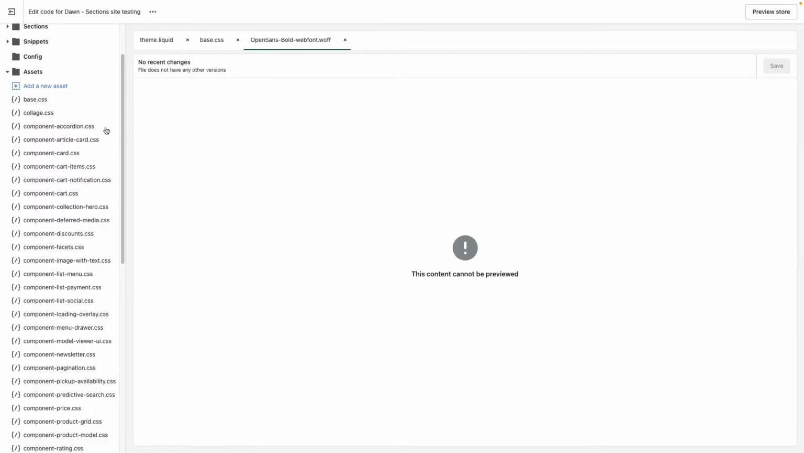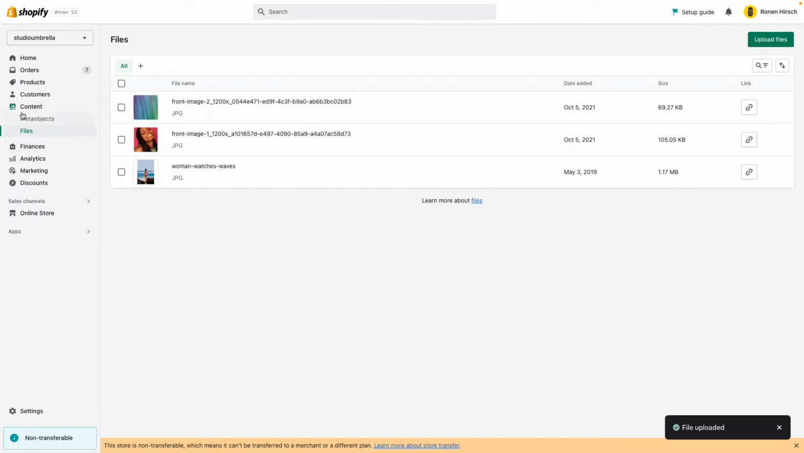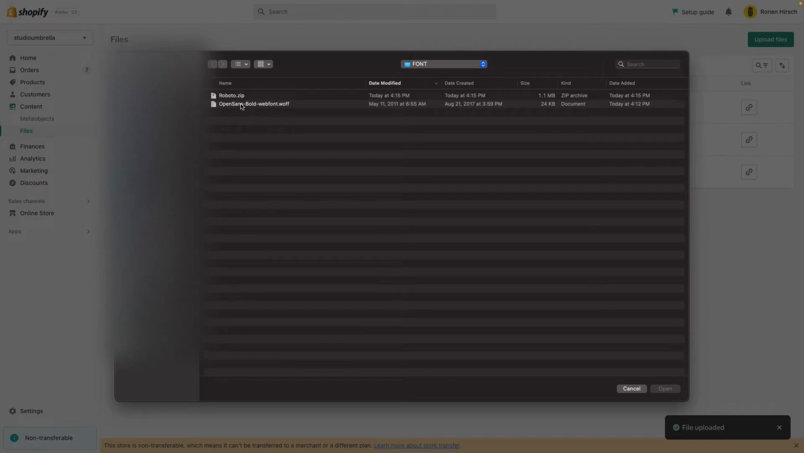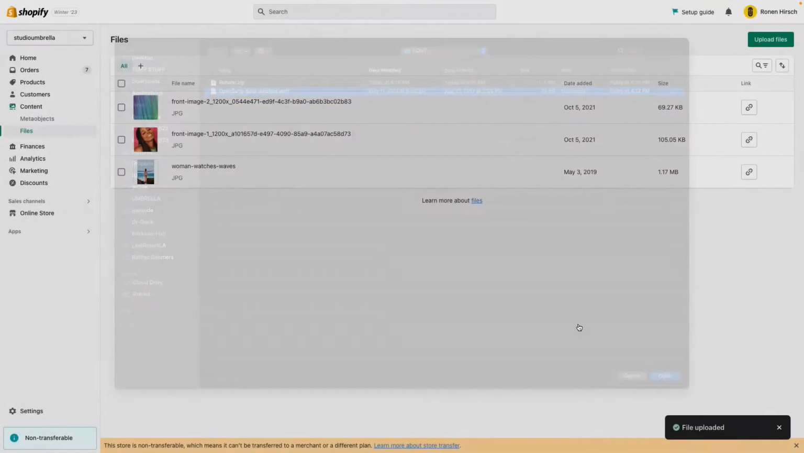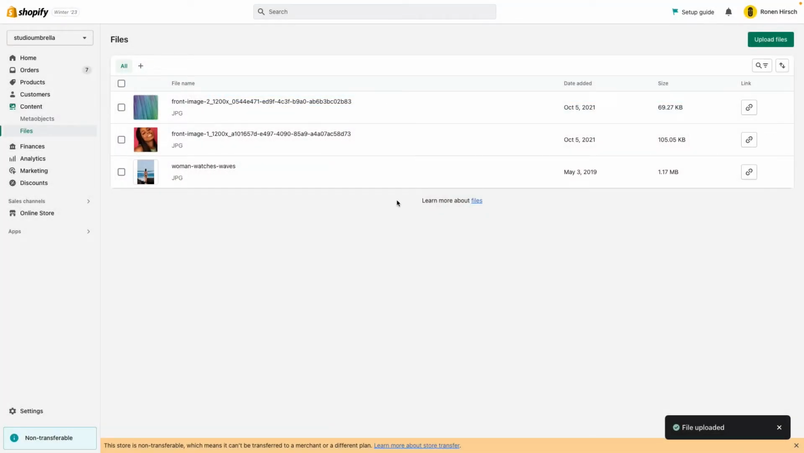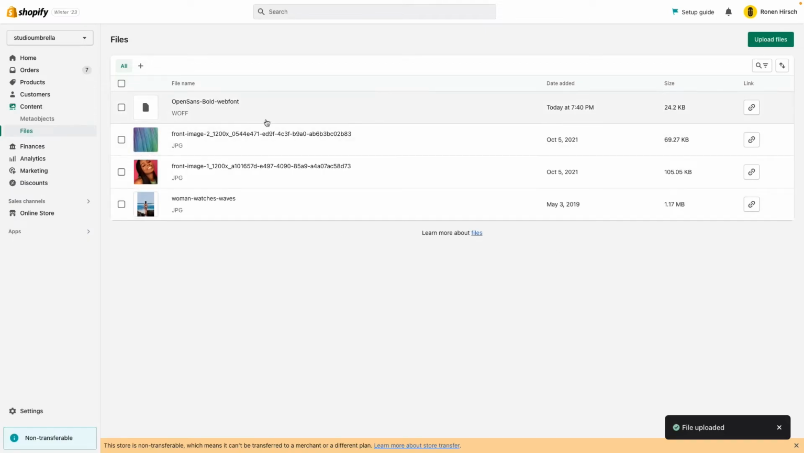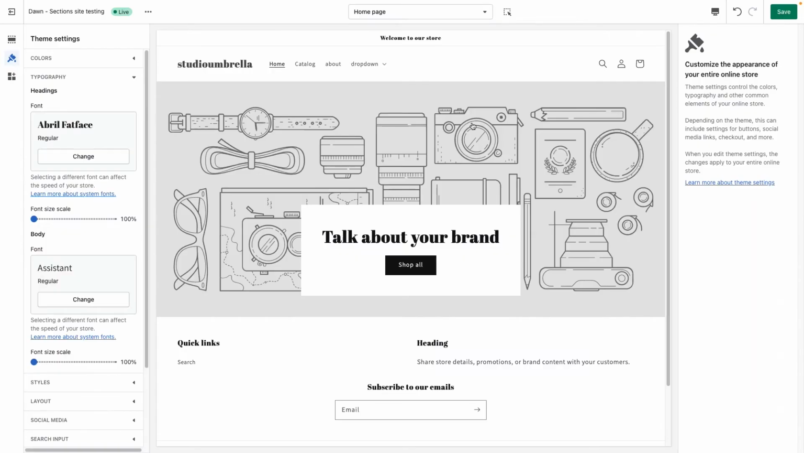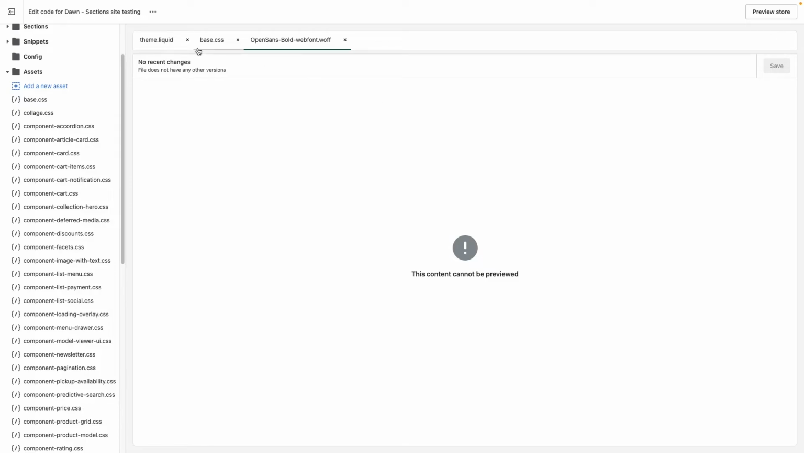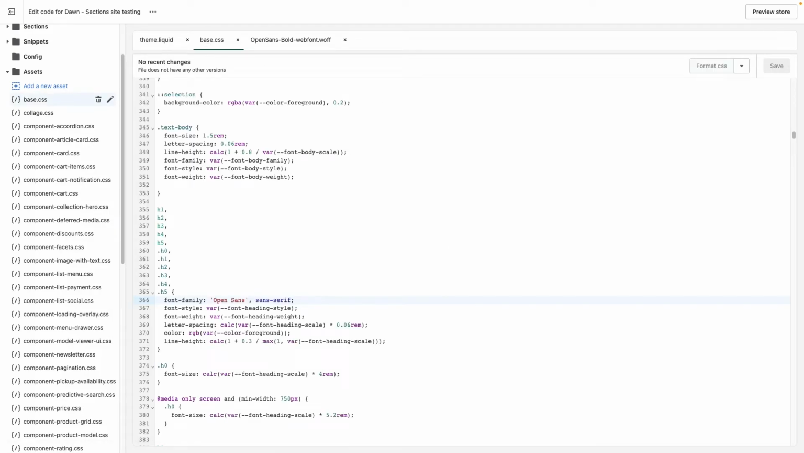And similarly to adding it to the assets folder, you can add the file to the files section. So if you're in the admin, you go over to the left on content and then files, and then you can click on upload files, choose the font, wait for it to be uploaded, and there it is. And then you can click here on copy link, just copy that link, go back to your code, and in the font face here,